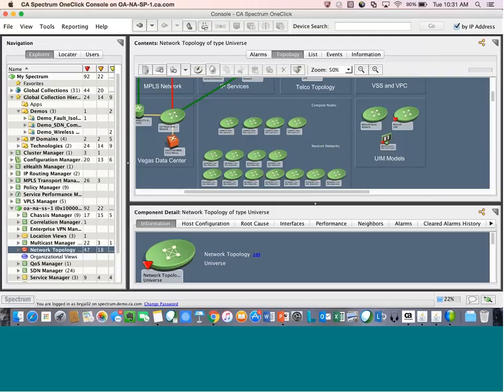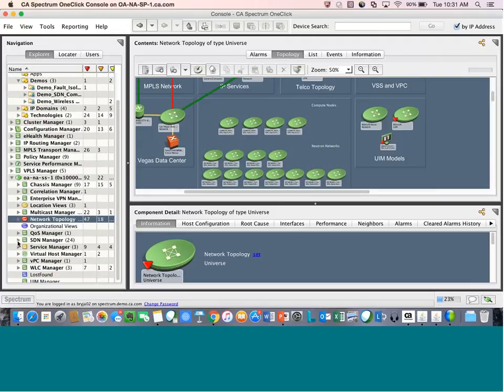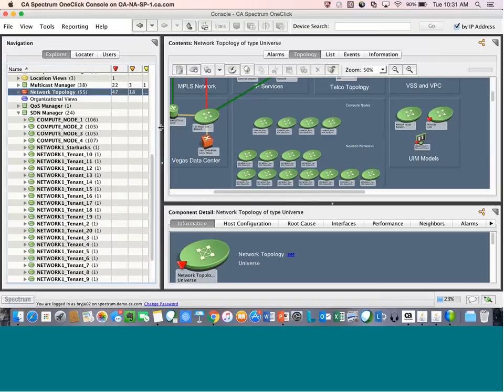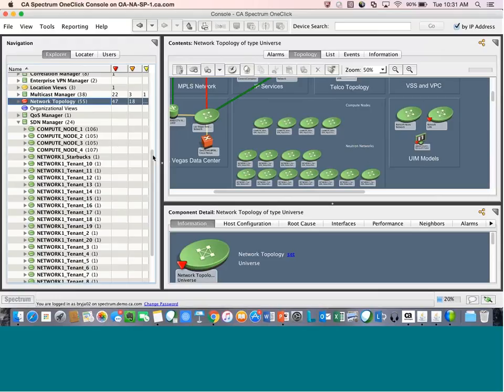So if I look on the left-hand pane here under the SDN manager, as Kieran mentioned, I have all of the inventory that gets brought in through our integration with the VNA solution.